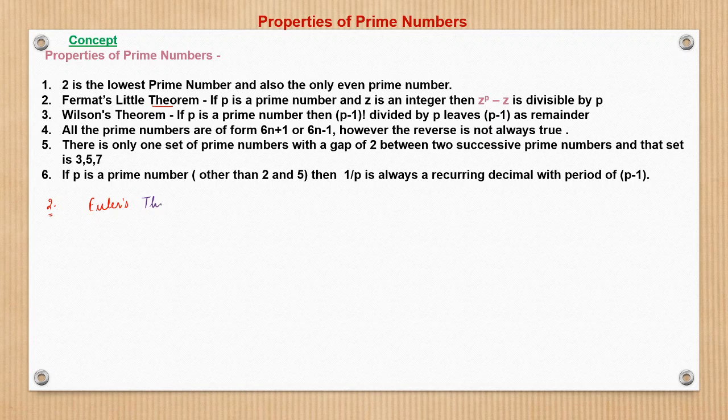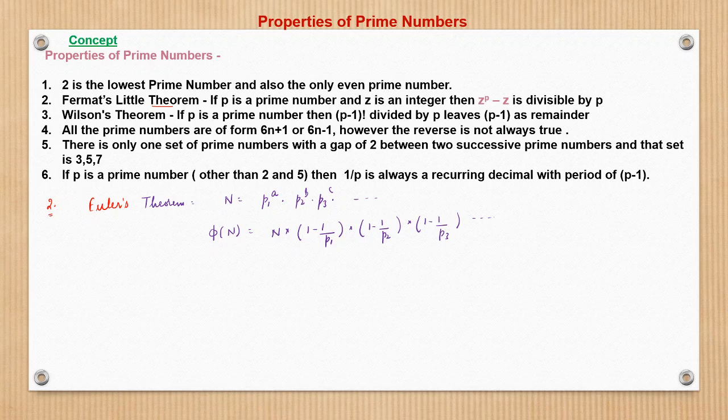So Euler's theorem states that if n is in the form of p1 raised to power a into p2 raised to power b into p3 raised to power c, and so on, then phi of n, which is known as Euler of n, will be nothing but n times 1 minus 1 upon p1 into 1 minus 1 upon p2 into 1 minus 1 upon p3, and so on. Right? This is the generic Euler's form.